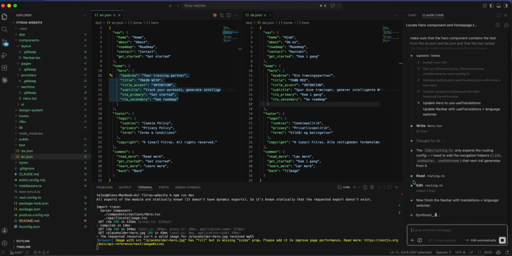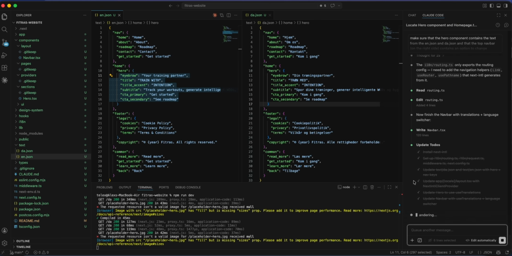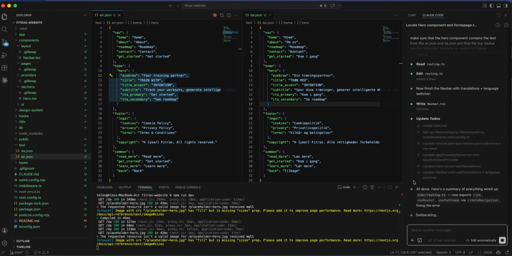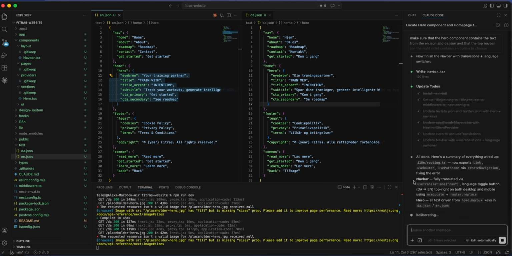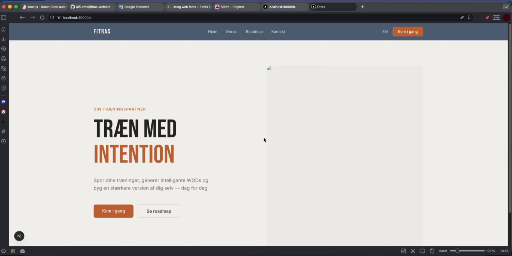Another nav bar. Okay. So now, if we update it,